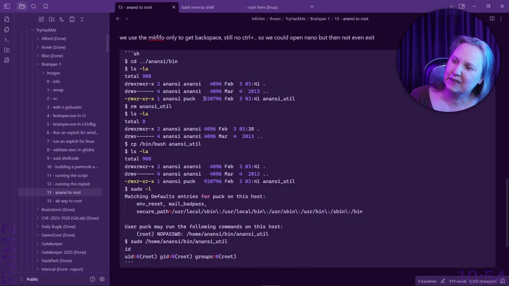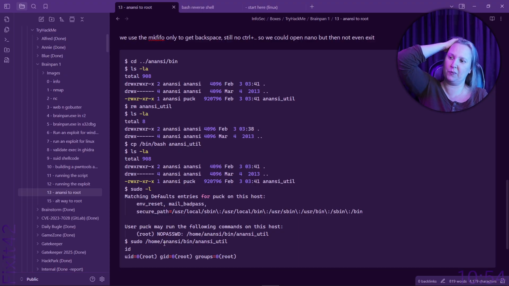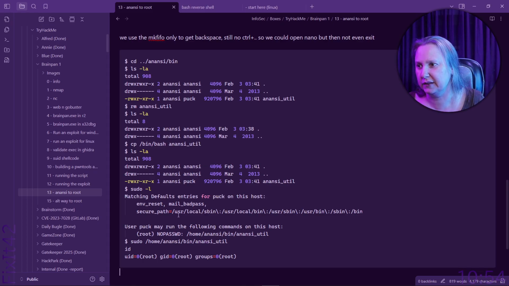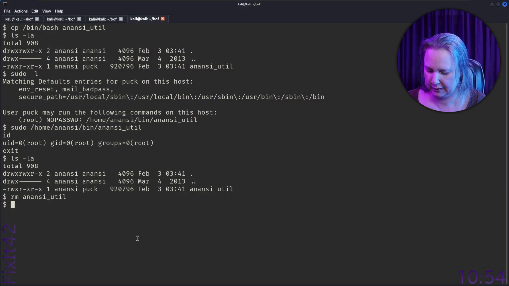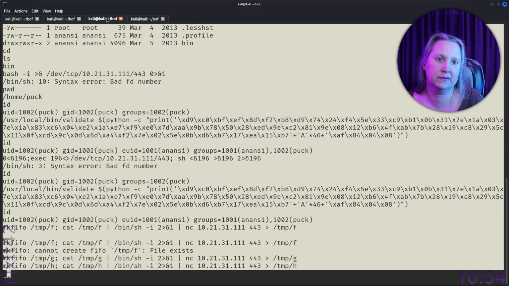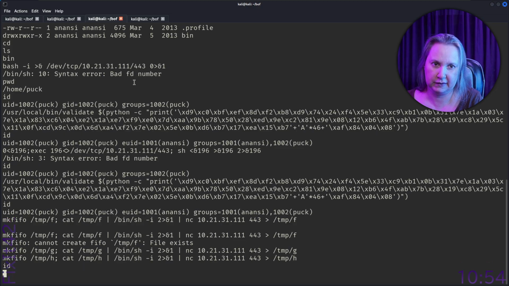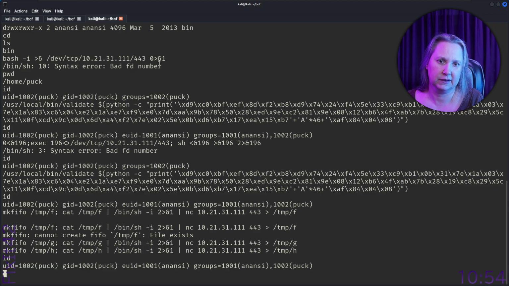I just did sudo to be able to see the path there. And if Anansi didn't have the sudo permissions, we would have just hopped back and run it as the other user. Let's actually do that too. So the other user also had this permission. So let's paste this ls -la, and now we can hop back here and ID. Oh right, because it's here. So let's just run that, and we got a reply, and we're gonna exit,